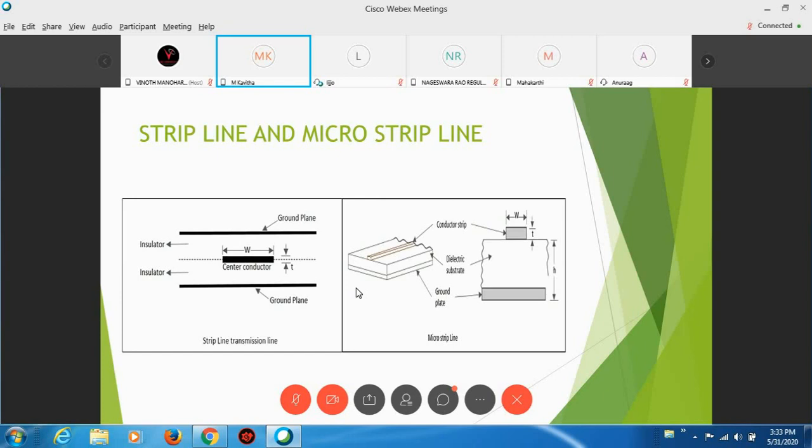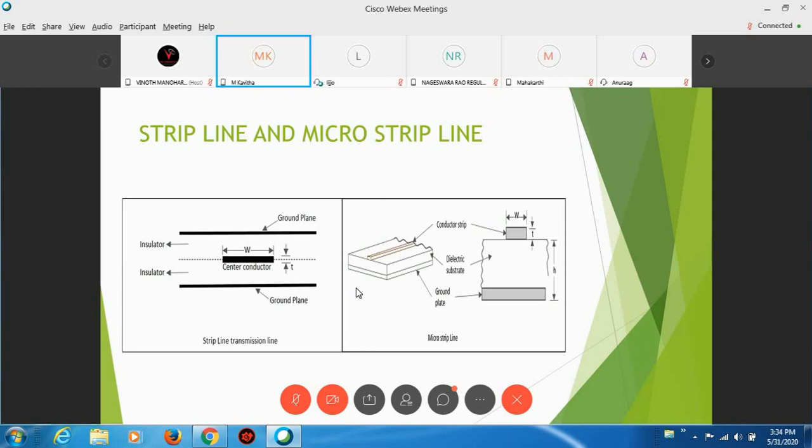So it provides shielding from external EM radiation, and this coaxial cable is used for the transmission of radio frequency signals. The applications of coaxial lines are: it is used in telephone trunk lines, broadband internet networking cable, connecting transmitters and receivers of antennas, and high-speed computer data bus. These are some applications of coaxial cable.